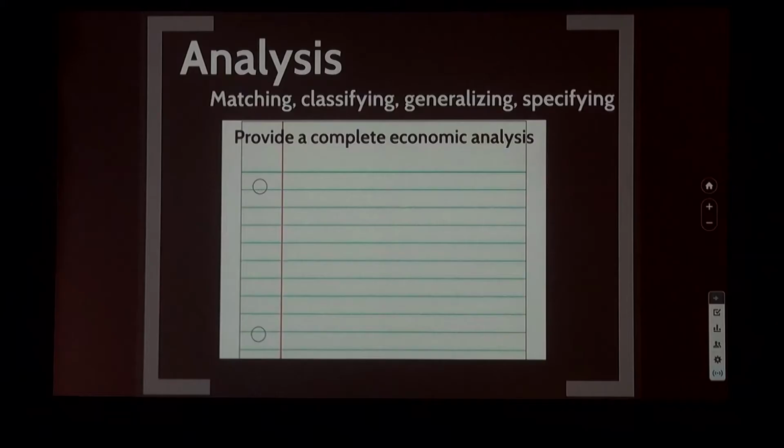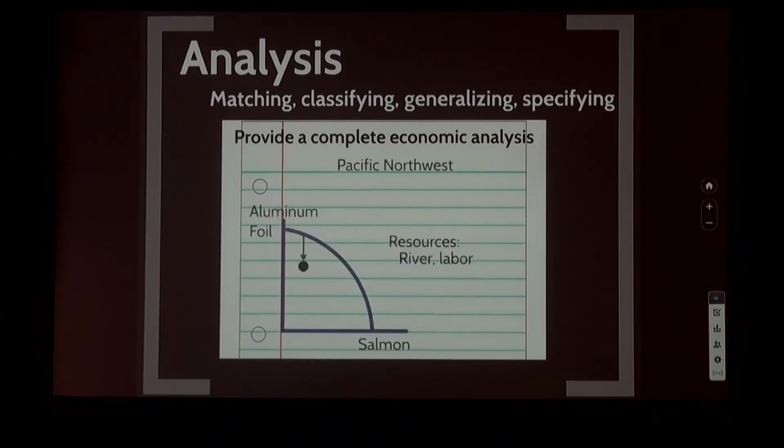Analysis is the next step up. So you start with a question like this: provide an economic analysis, where you don't tell them what model to use, and then when they create something like this, there's a lot going on there. First thing is they say, all right, in that article, it's obviously a trade-off between two goods. We can model that using a PPC. So that's generalizing.